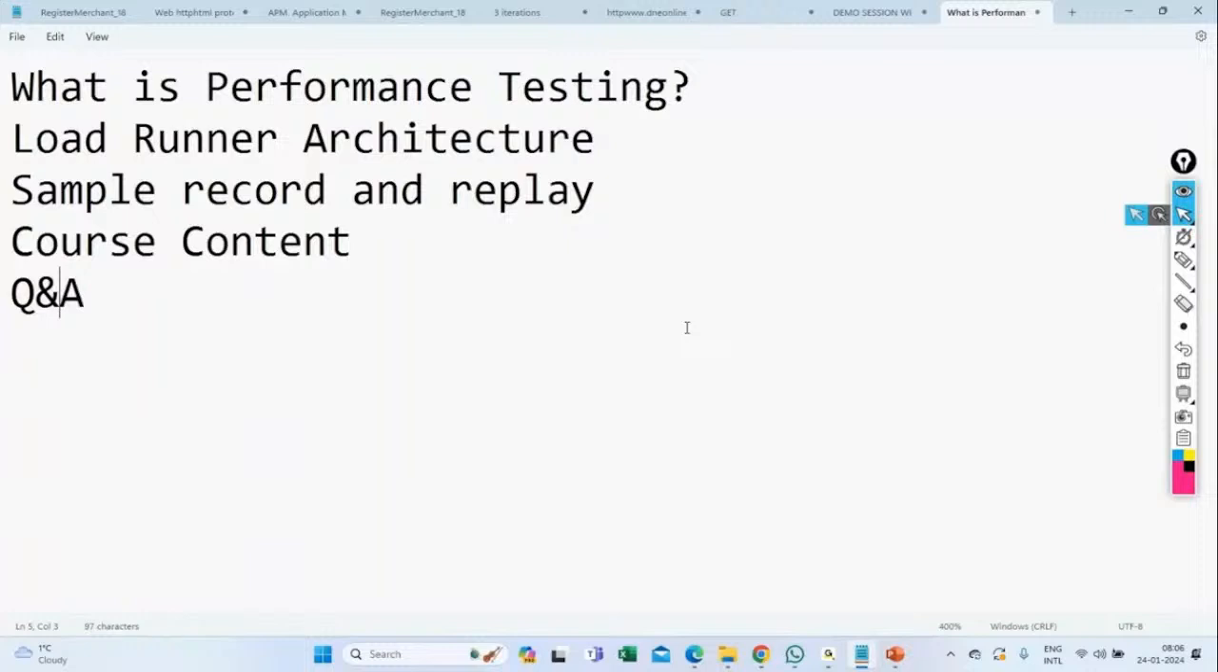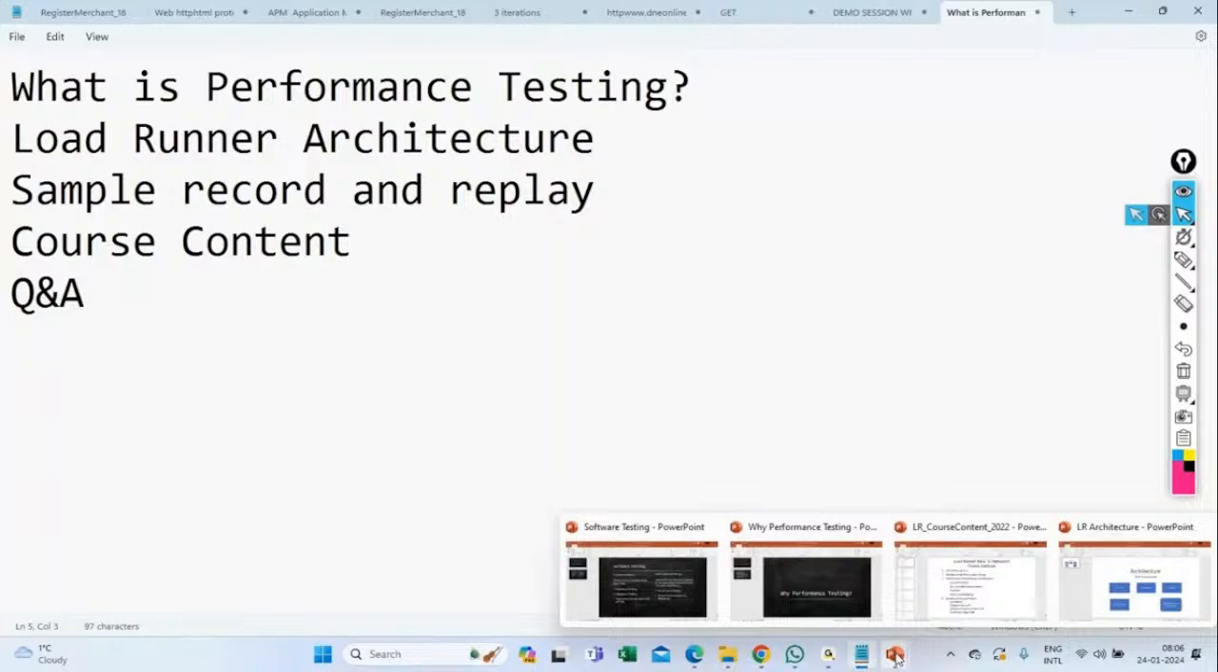Simple flow and replay, and so that you'll get some idea about how the tool works. And we'll go through the course content in detail, and then finally we'll discuss any questions and answers in detail again. So for the first point, what is performance testing? Before I explain that performance testing concept,